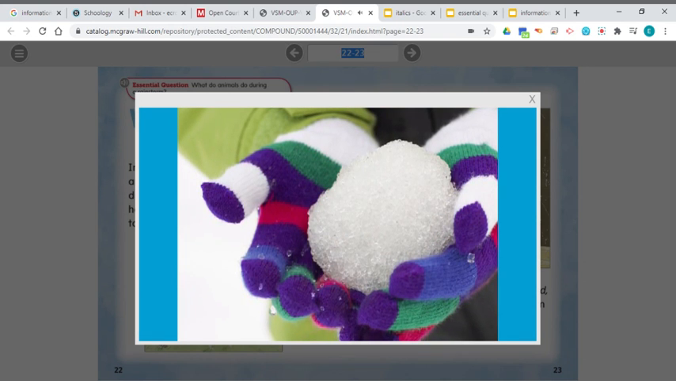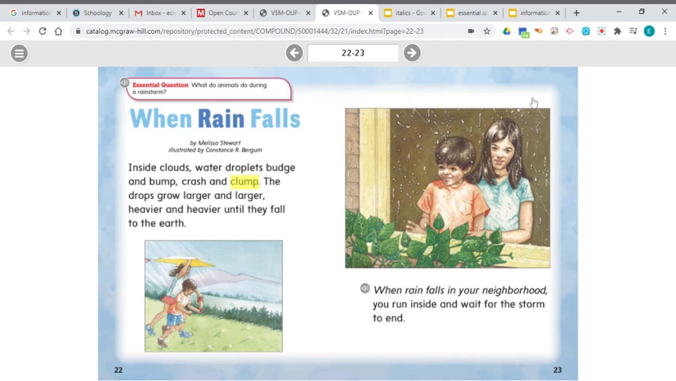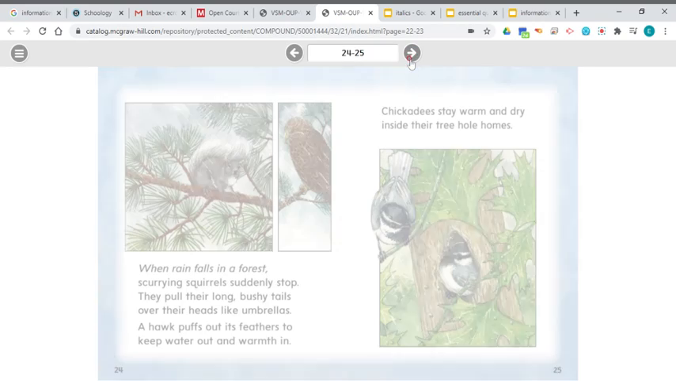I clump snow together to make a snowball. So in the example, she clumped the snow together to make a snowball. And I kind of picture drops of water clumping together and getting bigger and bigger and then falling as rain inside that cloud. That's what I think of when I see that word clump in the story. Inside clouds, water droplets budge and bump, crash, and clump. Let's find our next